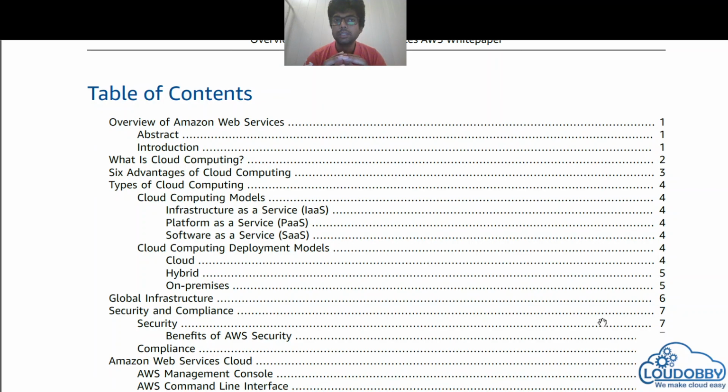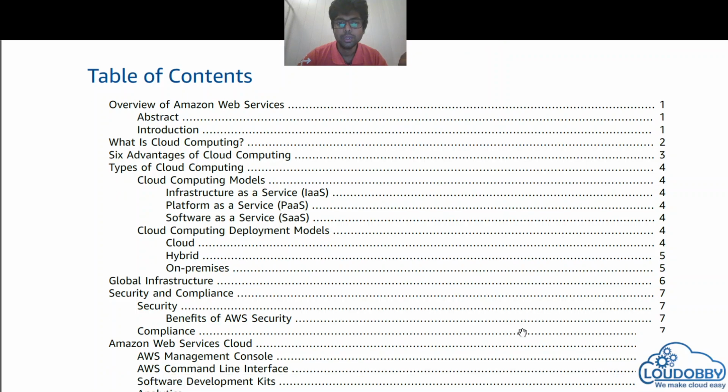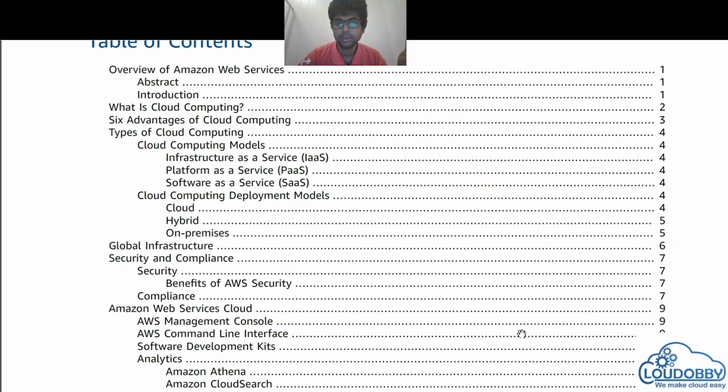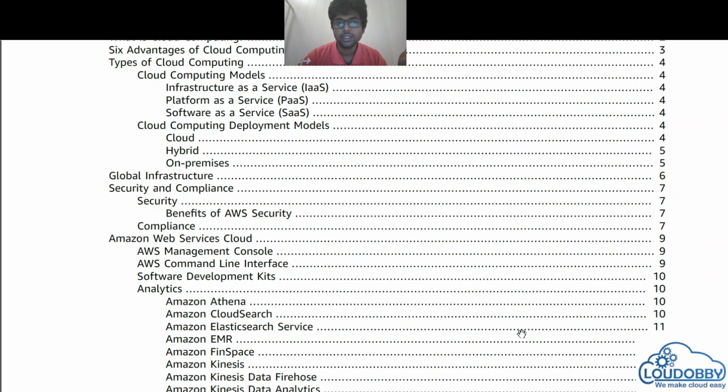Overview of AWS Amazon Web Services, abstract, introduction, what is cloud computing, six advantages of cloud computing, types of cloud computing: infrastructure as a service, platform as a service, software as a service, and various cloud computing deployment models: cloud, hybrid, and on premises. Global infrastructure, security and compliance, security, benefits of AWS security, compliance,